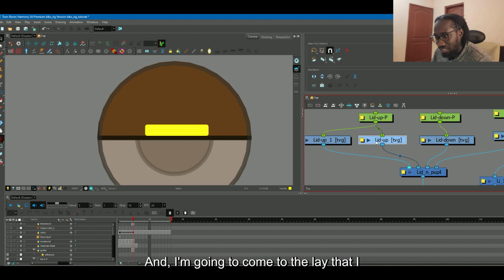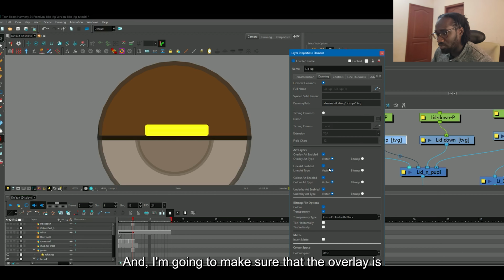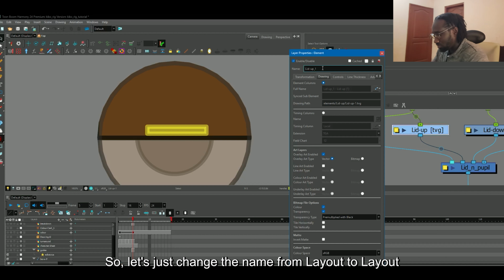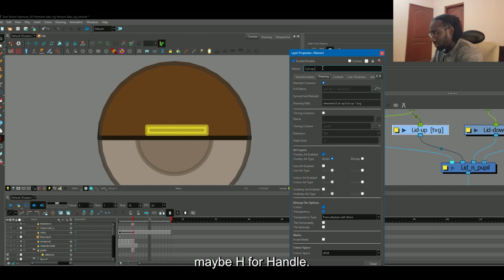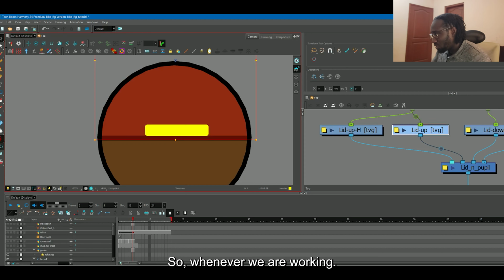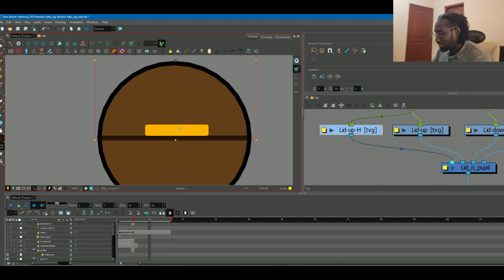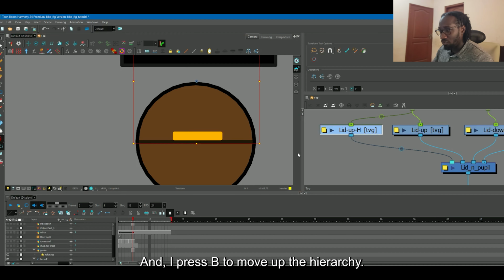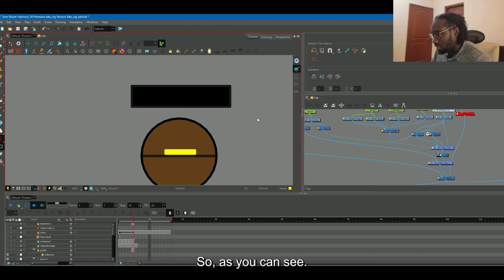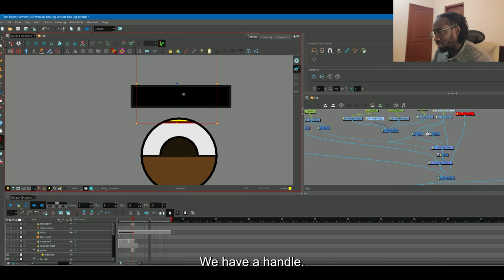And I'm going to come to the layer that I did itself, and make sure that the overlay is off. I want to see everything by the overlay. So let's change the name from lid up to lid up H, for handle. Alright, so now we have this. Whenever we are working, when I select this and press B to move up the hierarchy, once you select something and press B, it moves up. So as you can see, we have a handle, but it's being cut by